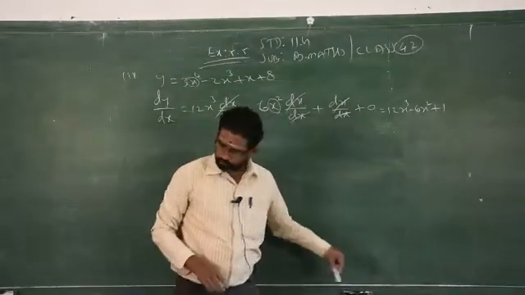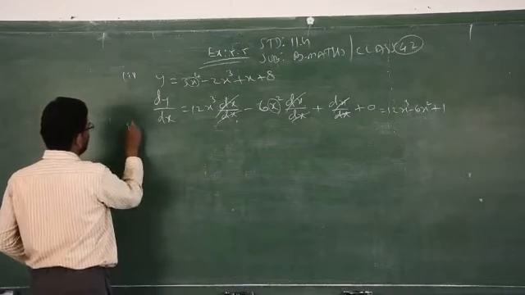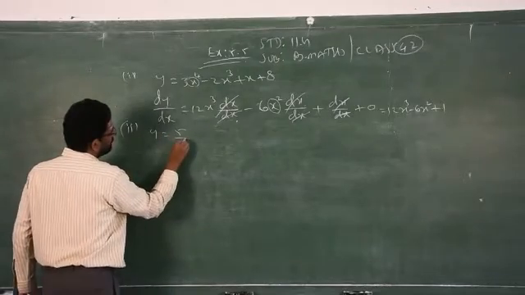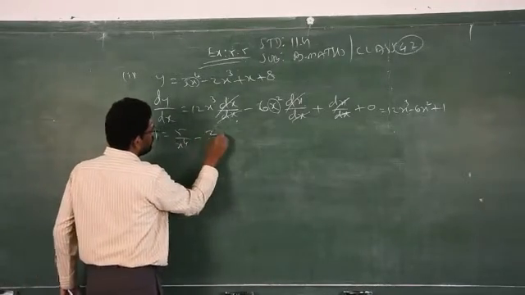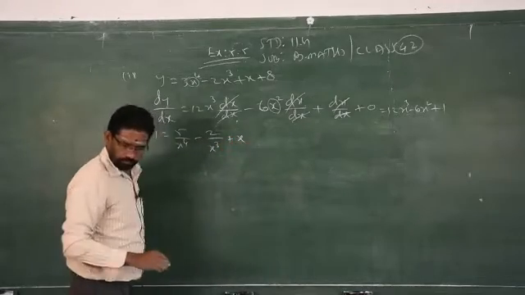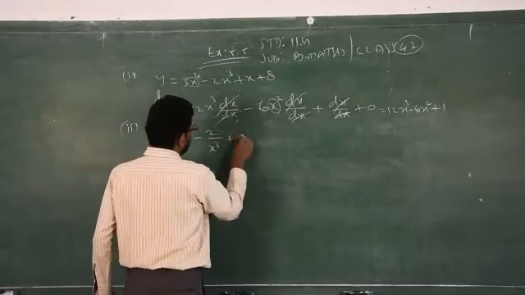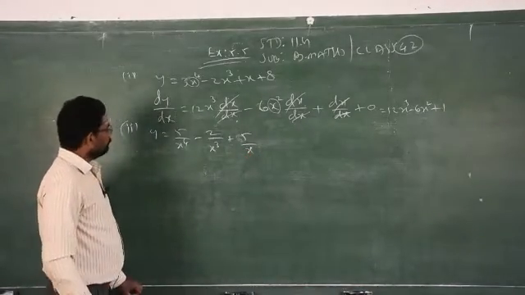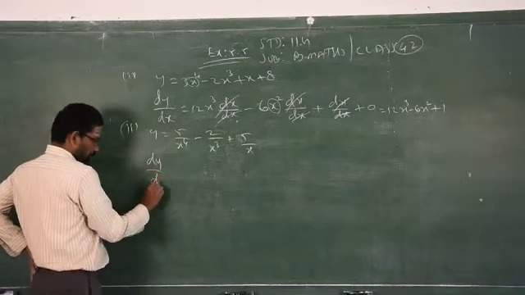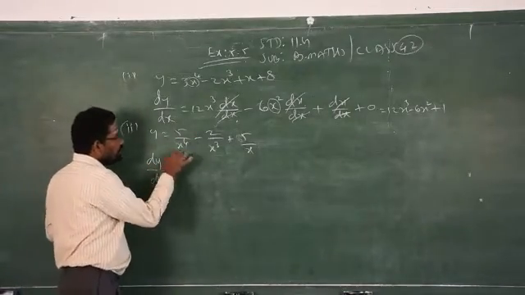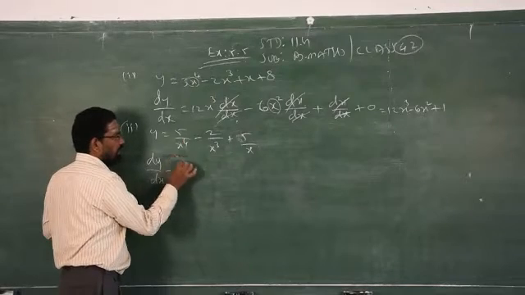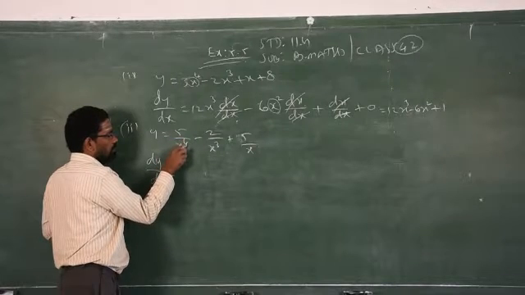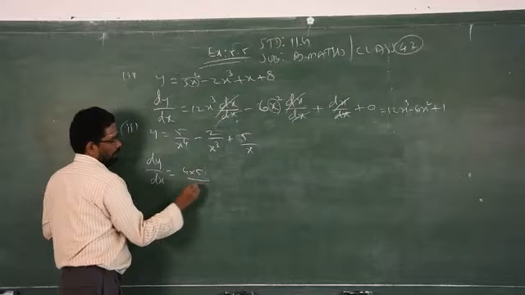Now question number 2, second subdivision of Roman number 1: y is equal to 5 by x power 4 minus 2x cube plus x plus 5 by x. Just now I said, differentiate y with respect to the x variable, with x alone in the denominator. When x alone is in the denominator, as I just explained, you take the power of x to the numerator, multiply by the power of x, 4 into 5, add 1.